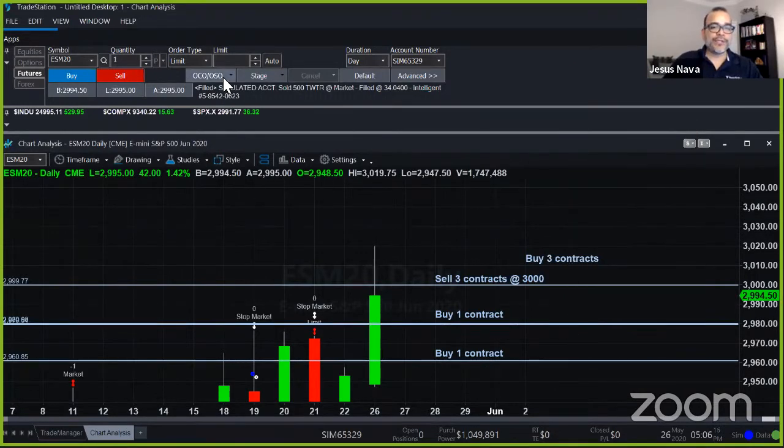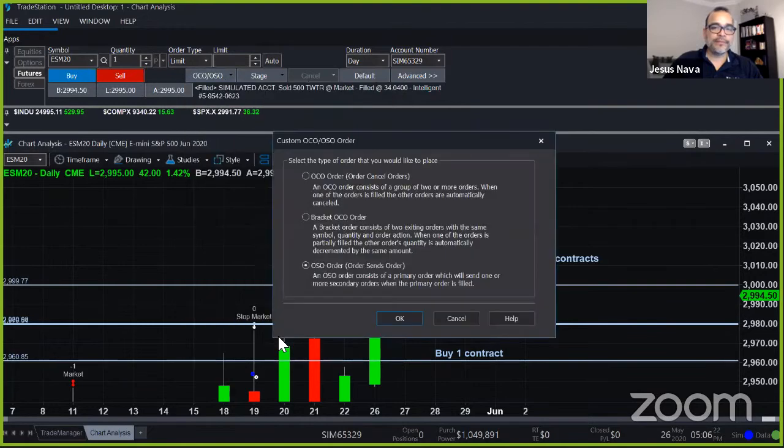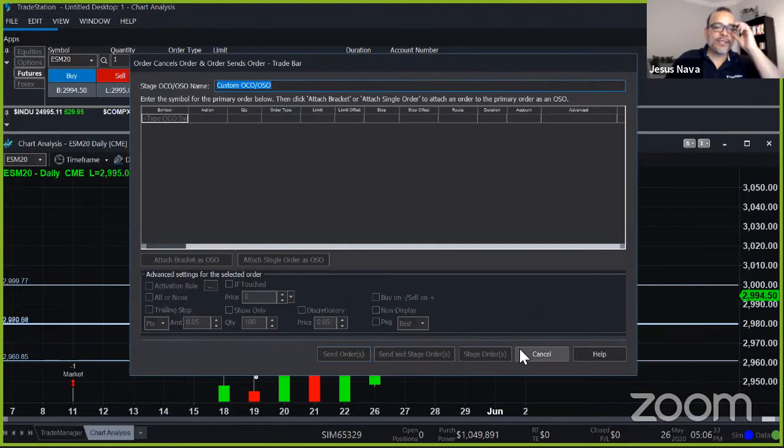I'm gonna go to the OCO, OSO button, custom OCO, OSO order. Since we have a primary that's gonna send your exits, we're gonna choose the OSO option right below. I'll click OK. And this is where we start setting up our trade. This will be a futures scale out, break even,